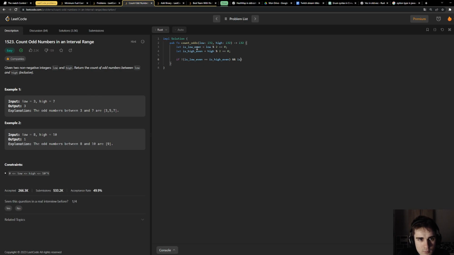If is low even, then let mut ans equal is high even, is low even, wait, high minus low with a shift of 1.